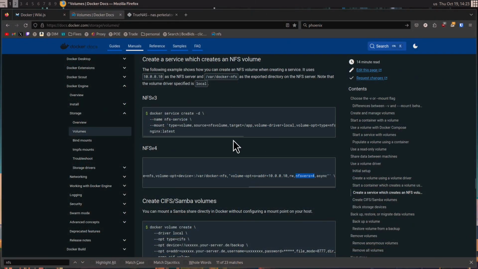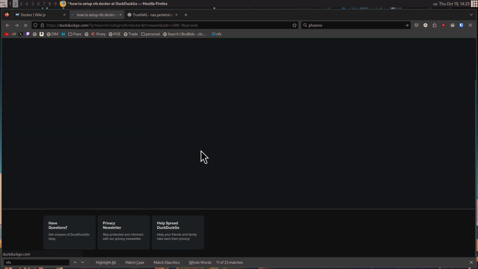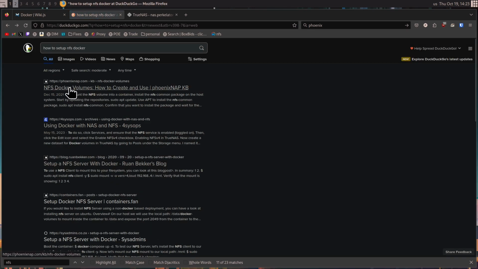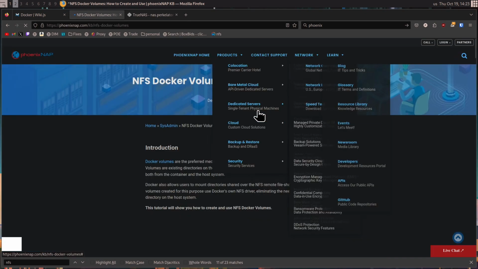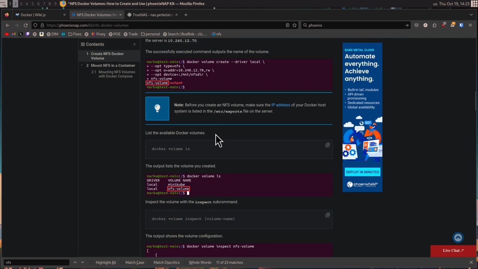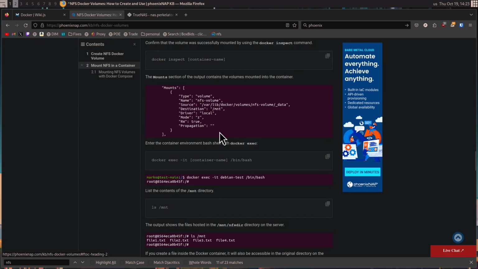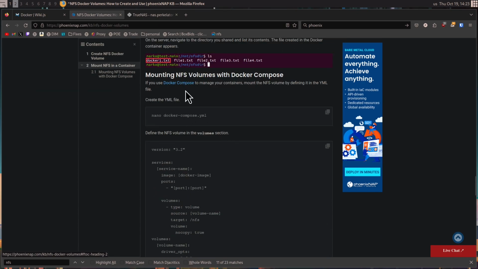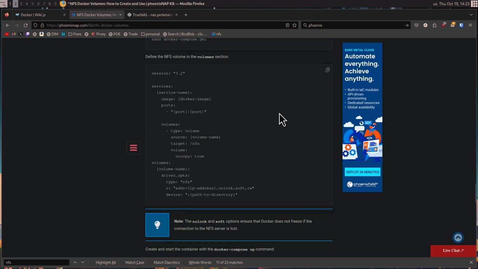But yeah, the Docker docs is something that I would highly recommend reading over. But where I actually found my answer was up here at phoenixnap.com. And under here, they had a good article, and I went ahead and read through this. But down here at the end, it had a section that said mounting NFS volumes with Docker Compose. And what I did is, knowing a little bit about Docker volumes, I just went ahead and copied this bottom part,